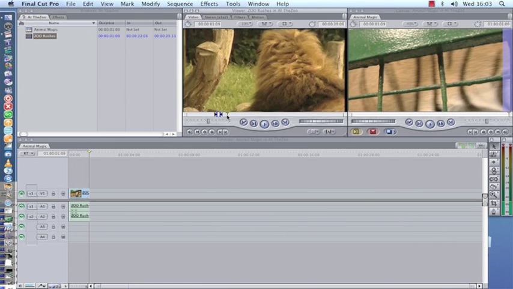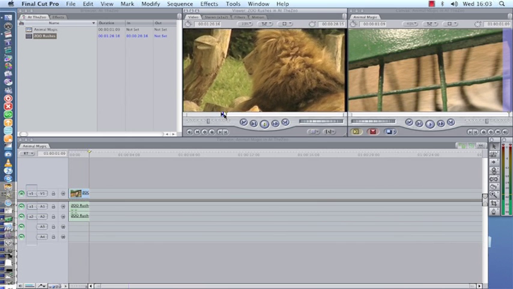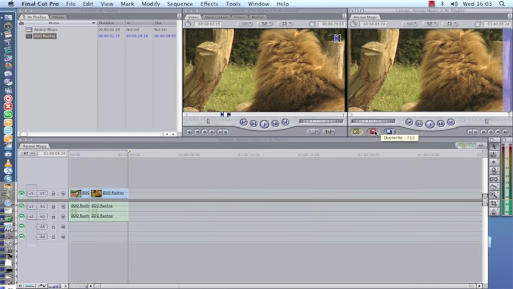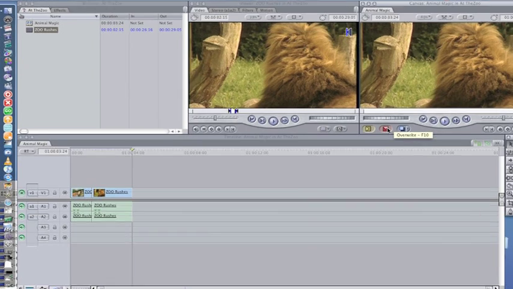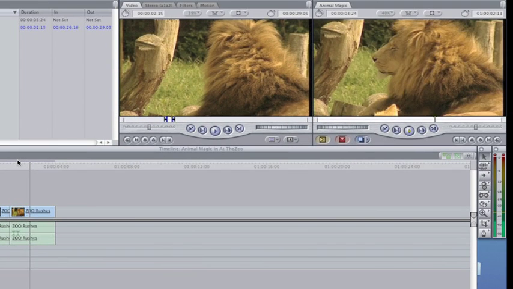So let's just find our next piece, or a bit of Leo the Lion, I think. So mark in, run it for a few seconds, mark out, and click on overwrite. If you want to review what you've just done, simply drag the timeline playhead back to before the edit point and play. See how the canvas and the timeline run together.